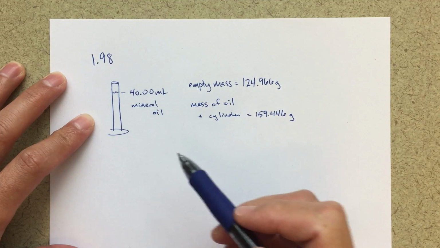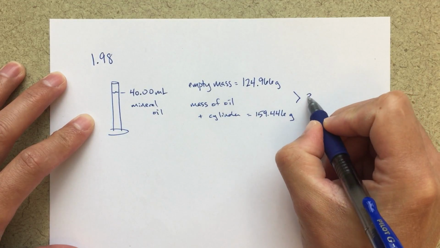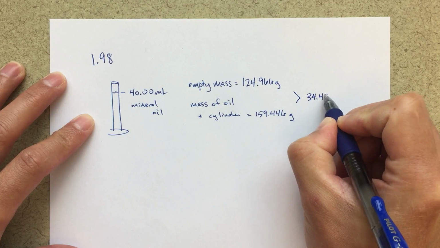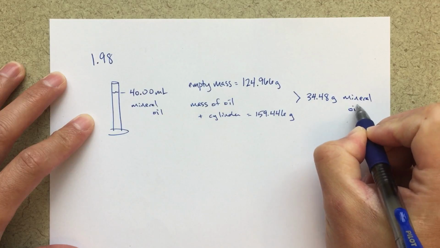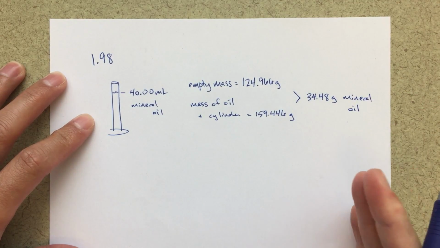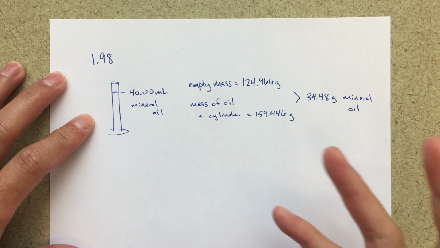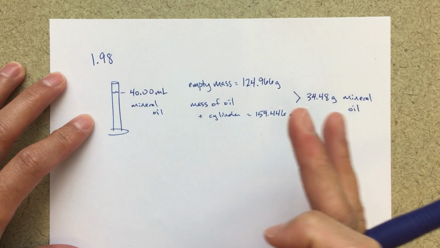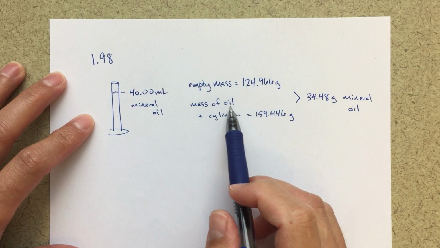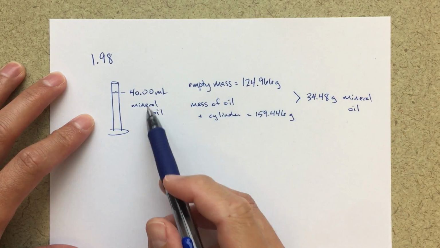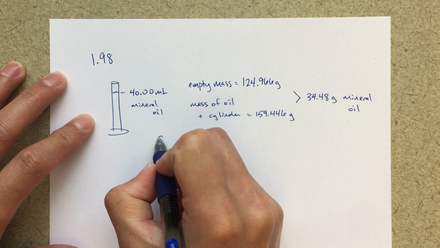So when we add in the mineral oil, the difference between these two numbers is going to tell us that we have added 34.48 grams of mineral oil. So initially, I'm just taking the information that's given and figuring out what I can figure out from this. What is this telling me? What are some aspects of this? So right away, this is the mass of the empty cylinder. If this is the mass of the cylinder plus the oil, and I know how much oil we put in, then I can actually solve for the density